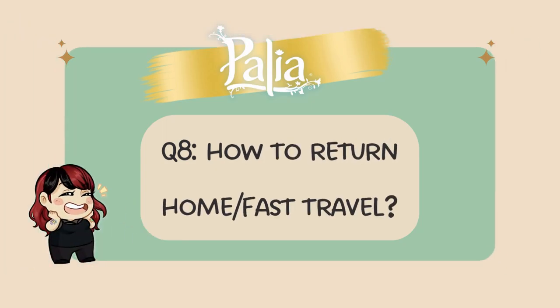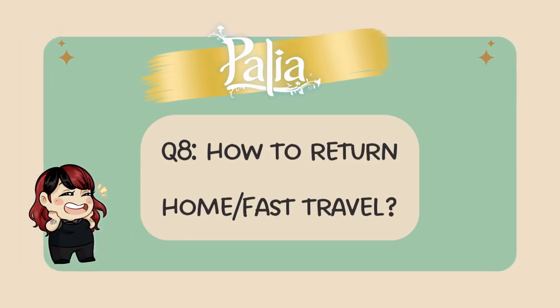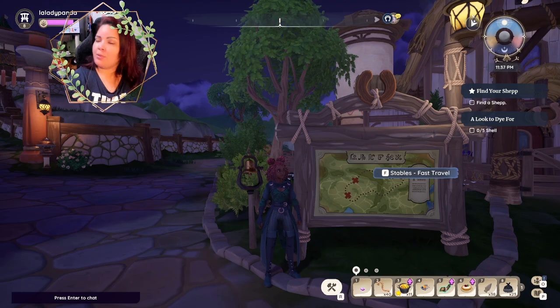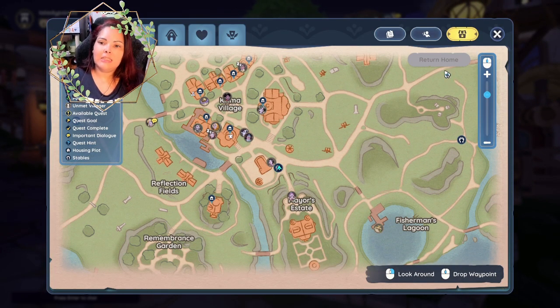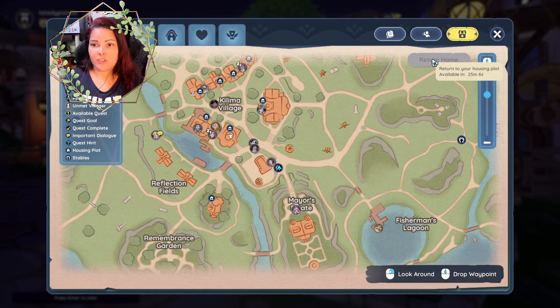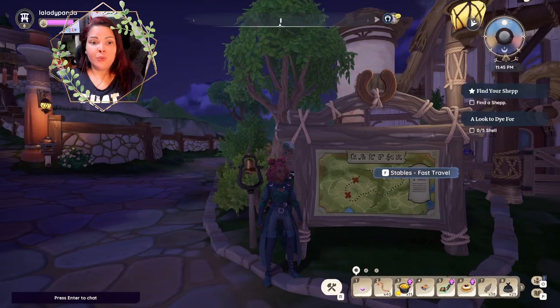Question number 8, our final question of the day, is how do you return home and or fast travel? So until we get mounts, if we get mounts, in the meantime, you can fast travel. There are 2 ways. If you press M for map, you can see that on the top right hand corner of the map, it says return home. Now you can only return home once every 30 minutes. So if you have just returned home like I just did, and you don't have availability to use that fast travel method, which is free, you can